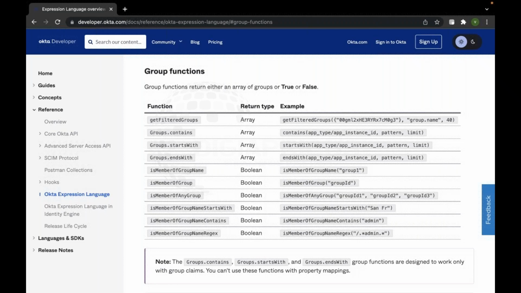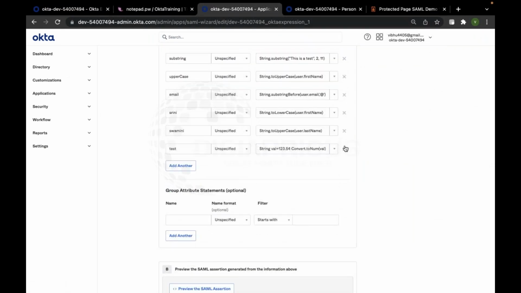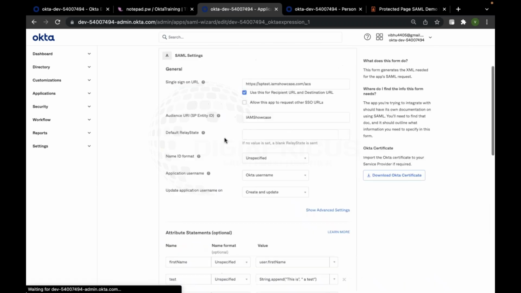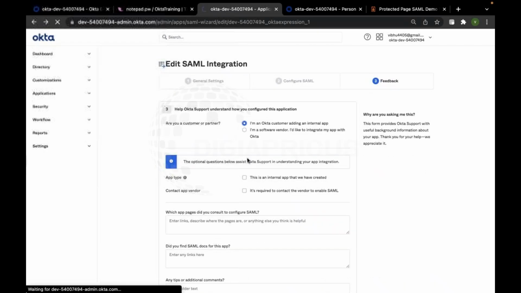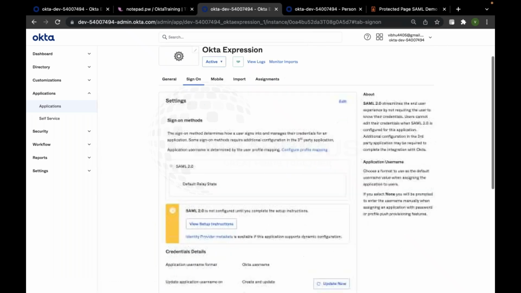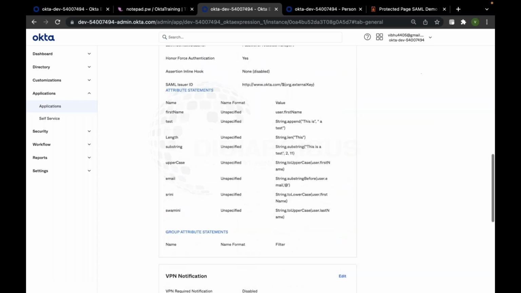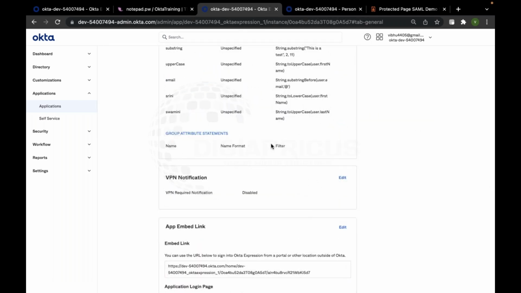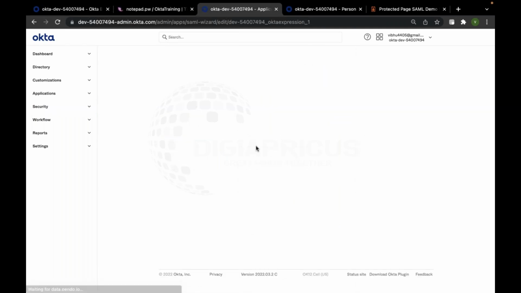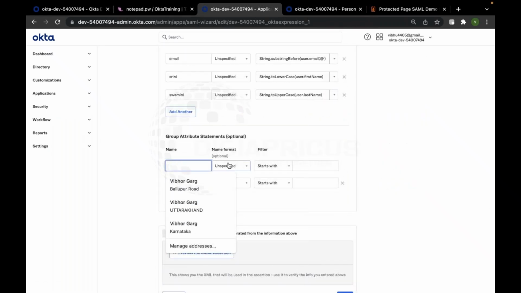So you might have, if we send values over here, I'll just remove this and show you where. Sometimes we need to send the group attribute statements as well. So over here we can have the group attribute statements. If I go into edit and go back here,